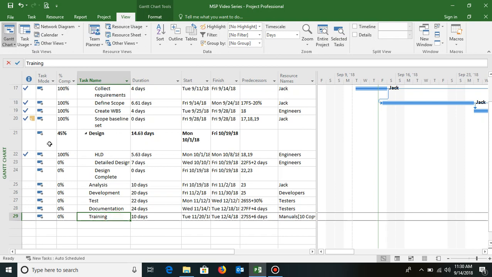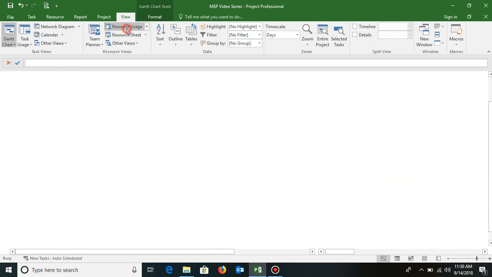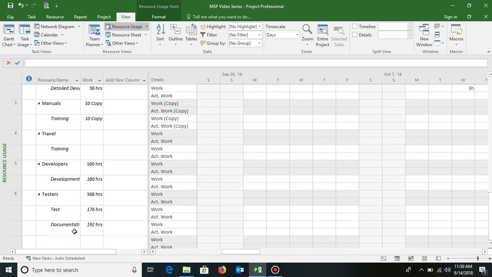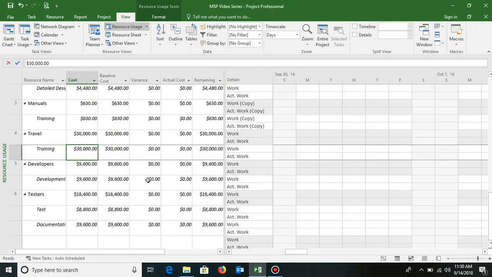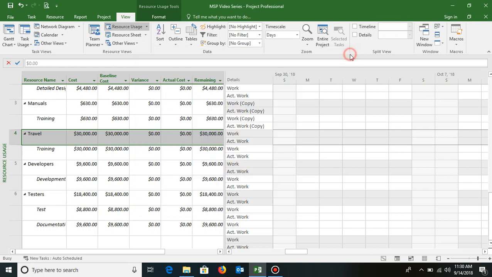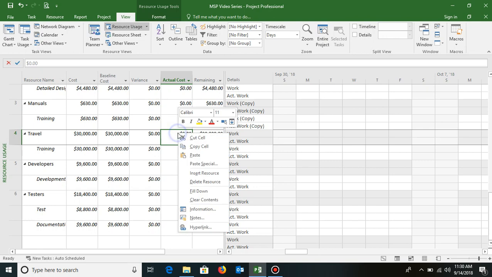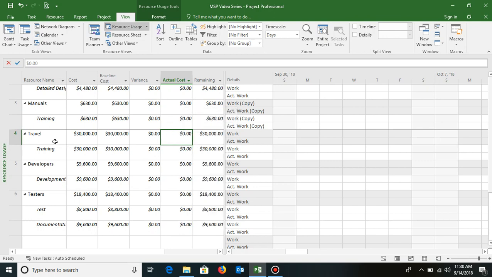So to do that, what I need to do is go to the resource usage view. Under resource usage view, this is where I can again see all the distribution of the work. I just need to change the tables to cost. That's under travel, so I have actual cost. So this is the field that I need to update, right? So again, marking this task as complete will not help me to update